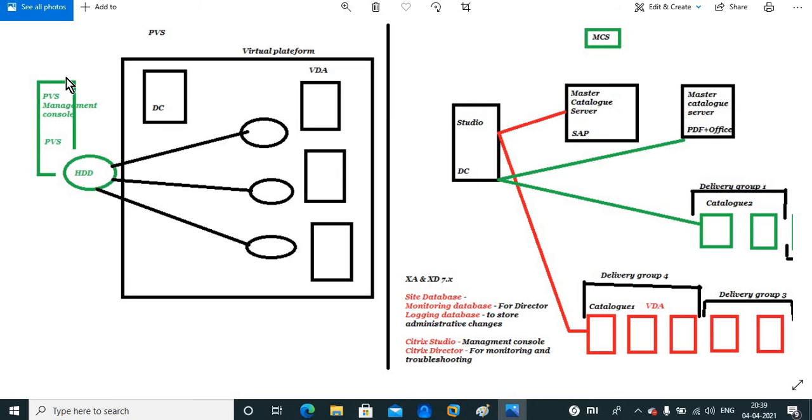You need to install Windows first, then install the Provisioning Services on that, and after that you will create a master disk or golden image. This is your golden image or master catalog in MCS. Same in PVS, it is a golden image or master disk.